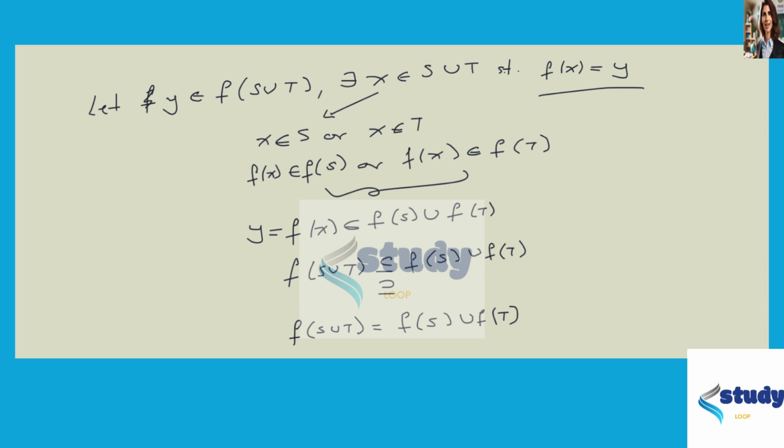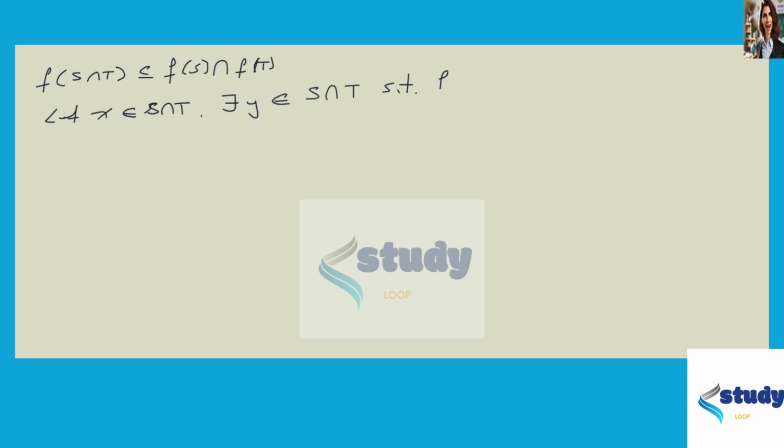Okay, now to prove part B: f(S ∩ T) is a subset of f(S) ∩ f(T). So let x be in S ∩ T. Then there exists an element y in S ∩ T such that f(x) is equal